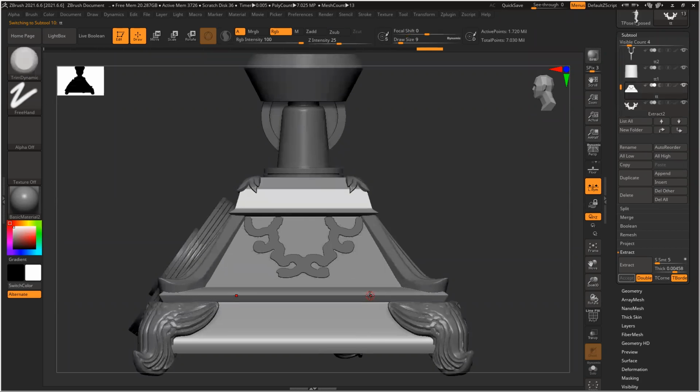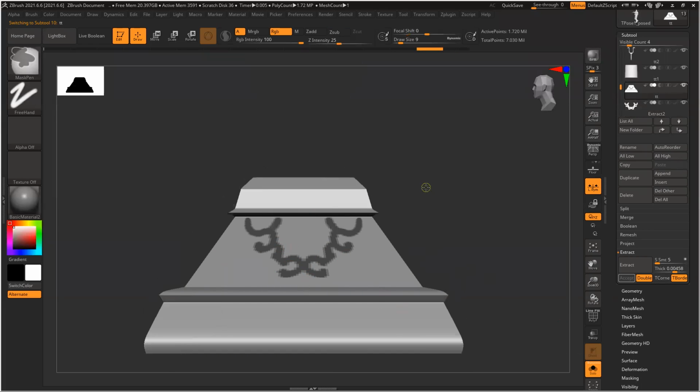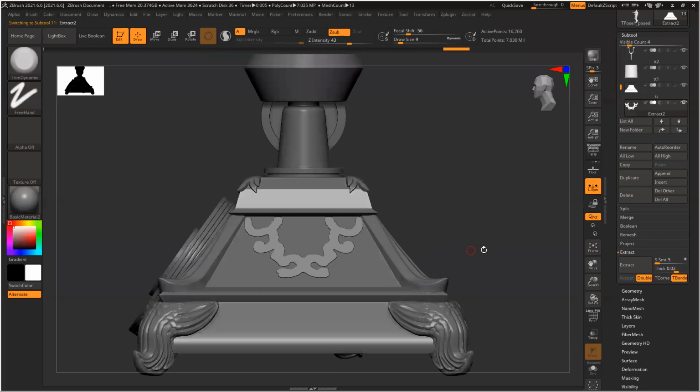And make sure from whichever surface you have extracted, remove the mask because it will be there. If you don't remove it, it will still be there. Just Control click drag outside to get rid of that thing. Now this is my shape.